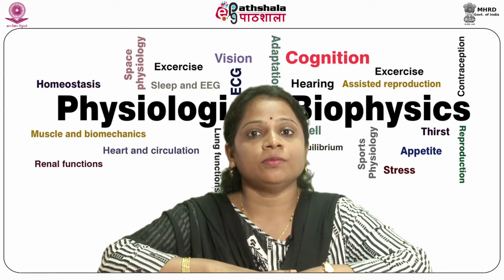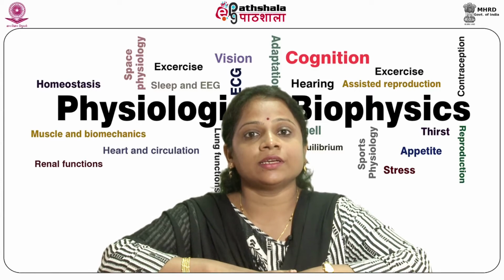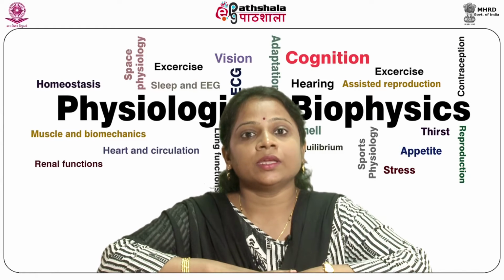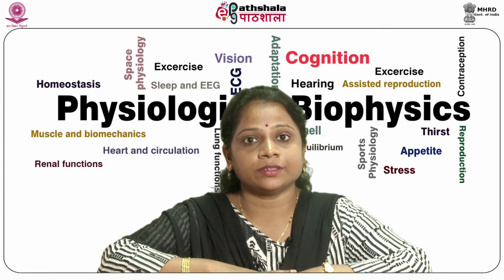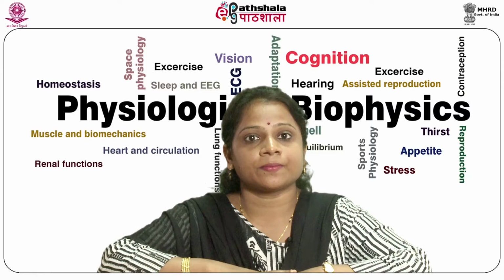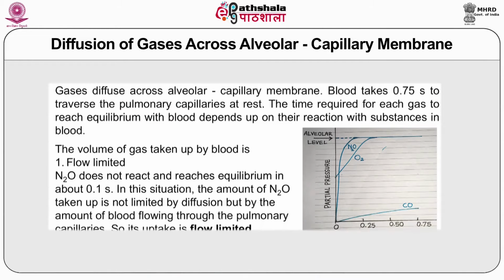Because the volume of gas in the alveoli is about 2 liters at the end of expiration, which is also called functional residual capacity, each 350 ml increment of inspired and expired air has relatively little effect on the partial pressure of oxygen and carbon dioxide. Indeed, the composition of alveolar gas remains remarkably constant, not only at rest but also under a variety of other conditions. Diffusion of gases takes place across the alveolar capillary membrane.